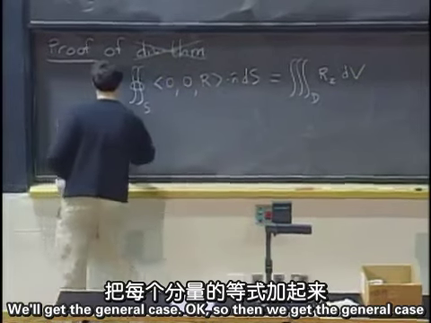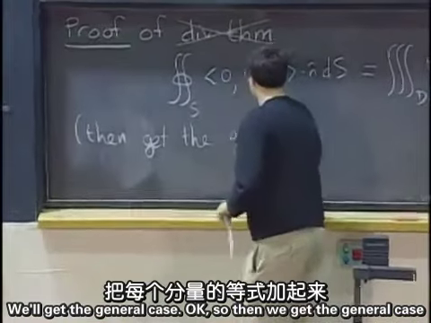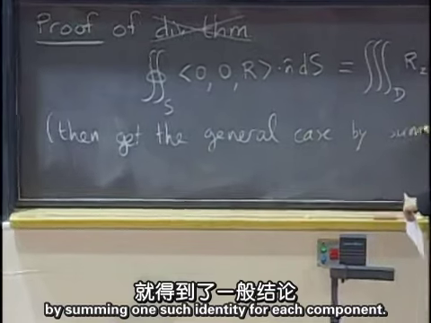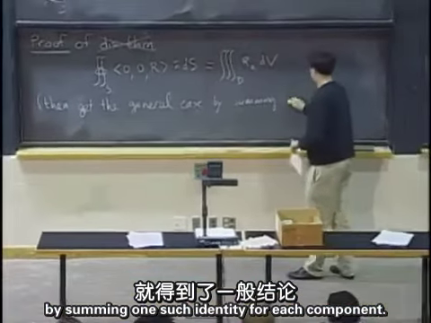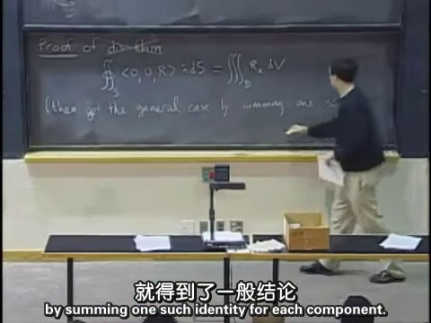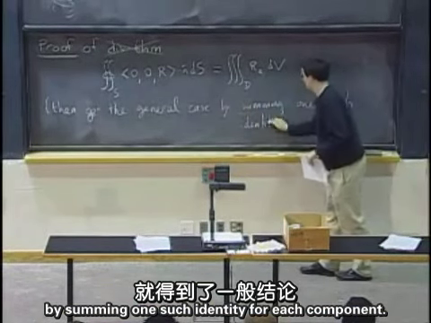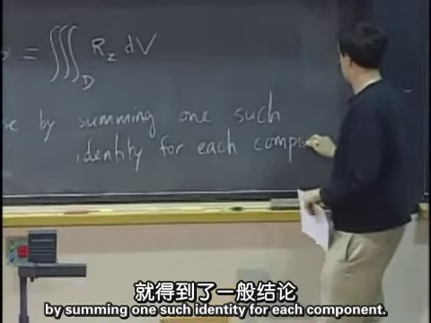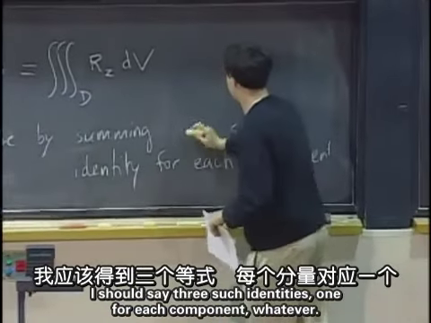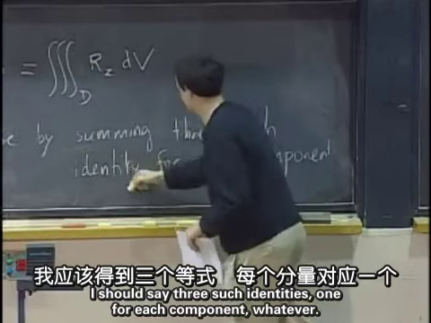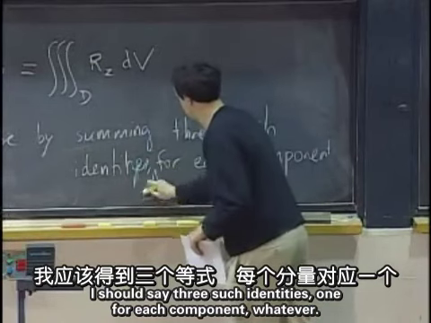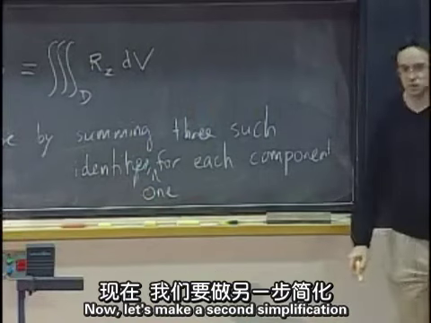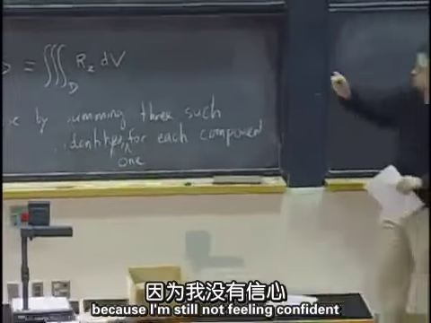Okay, so then we get the general case by summing one such identity for each component. Maybe I should say three such identities, one for each component. Whatever. Okay. Now let's make a second simplification, because I'm still not feeling confident that I can prove this right